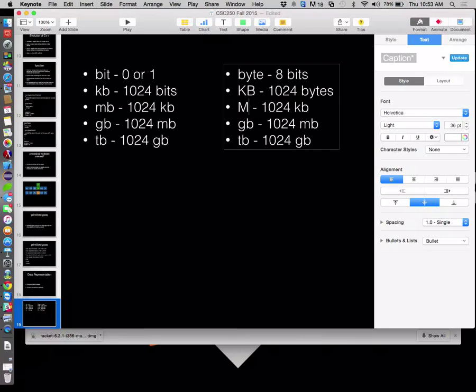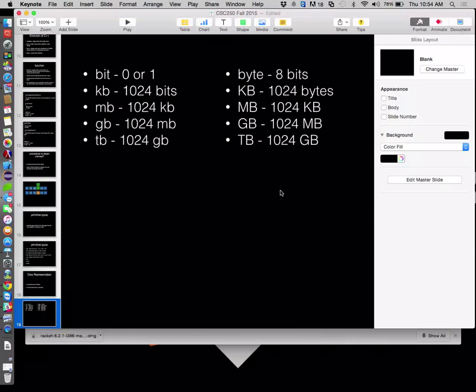A megabyte, big B, is 1,024 kilobytes. A gigabyte, big B, is 1,024 megabytes. A terabyte, which we do use, is 1,024 gigabytes. Now, where we have the consumer confusion